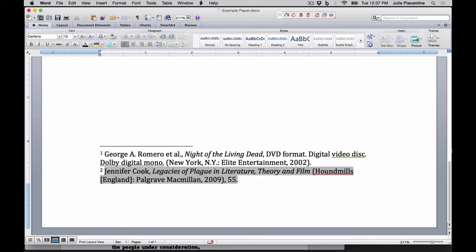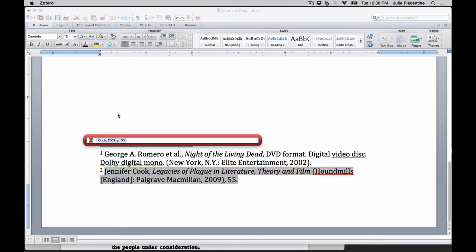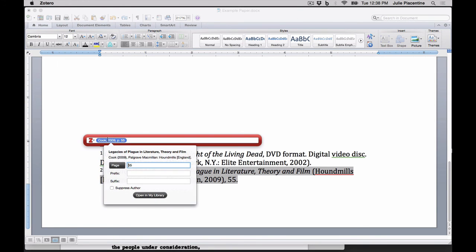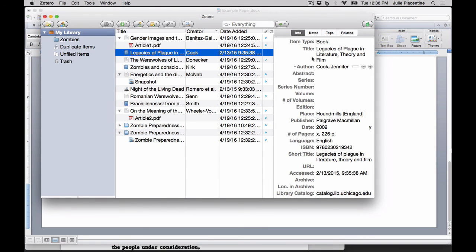So if you need to make a change, what you'll want to do is select the citation that you need to edit, put your cursor anywhere inside that text, and then go to Zotero Edit Citation. When you click on the citation, Zotero gives you the option to open in your Zotero library, and then you can make the change that's needed in your library.